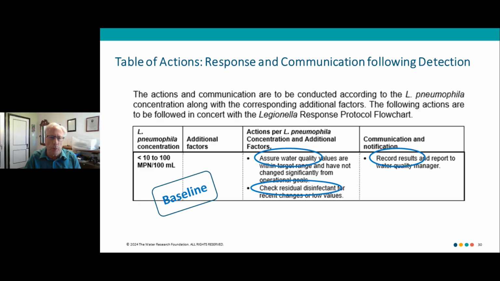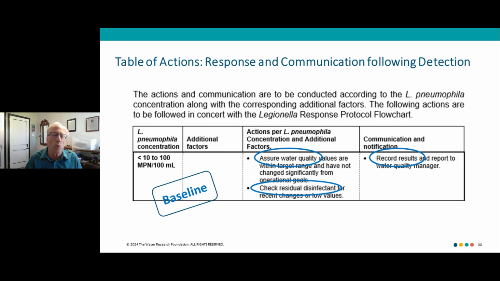And so the table's one continuous table, but I broke it down into sections. First, as Tim said, we have a baseline of Legionella. The water's not sterile. Legionella could pop up every once in a while. Same with total coliforms. Total coliforms are out there. You disturb pipe, disturb biofilm, you could get coliforms popping up in your samples here and there on occasion, usually very transient.